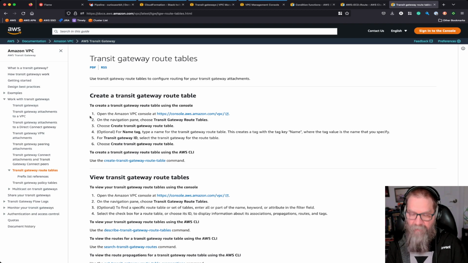We're working on a VPC route table because what we have to do is say, if you're in the VPC and you want to go somewhere outside of the VPC, go talk to the transit gateway. And then,